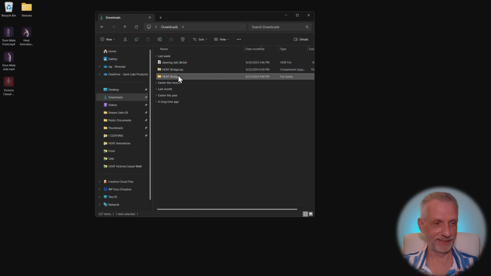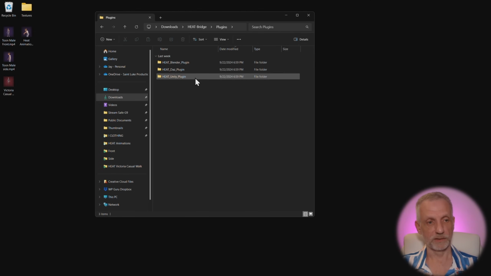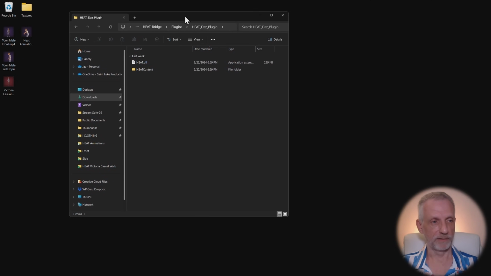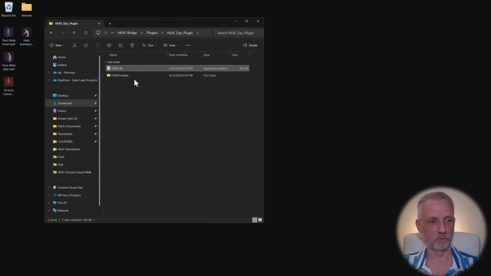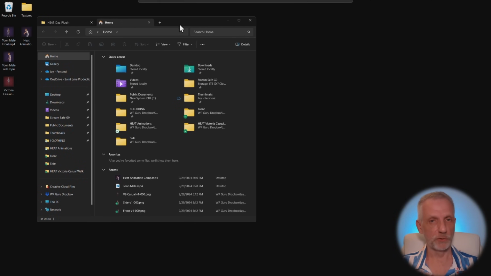That's what I've already done. Inside Heatbridge you have the Heat installer. This is needed for Daz Studio, so double click that and it'll install a standalone little application here. And then for the Daz Studio part, you also need to go into the plugins folder, and you got something for Unity, for Daz Studio, and for Blender here. So in this case here, let's go with this, and there's two files in here, well, one file and one folder. Copy both of these things out here, copy, and then paste that